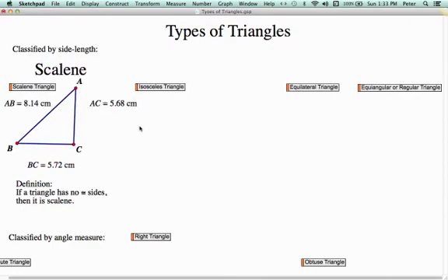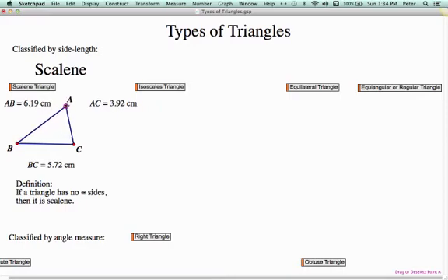Scalene triangles might be the most straightforward. Any triangle that has no congruent sides is scalene. So you'll notice that AB, AC, and BC all have different lengths, and that's what makes this a scalene triangle. No matter how I manipulate it, so long as these three side measures are not congruent, then it remains a